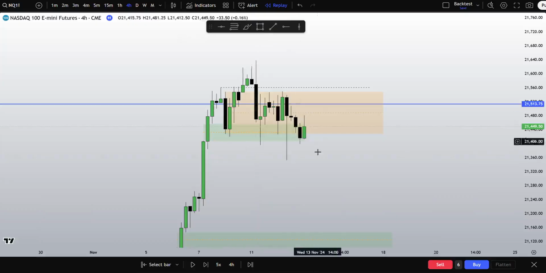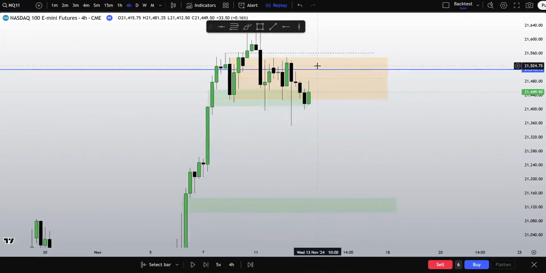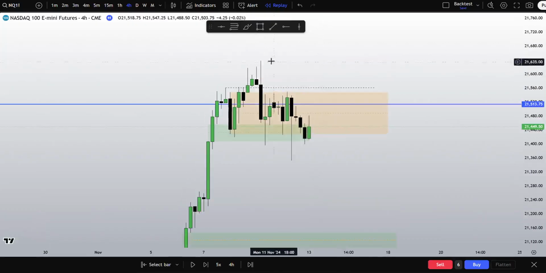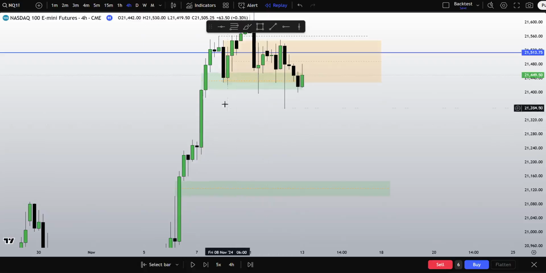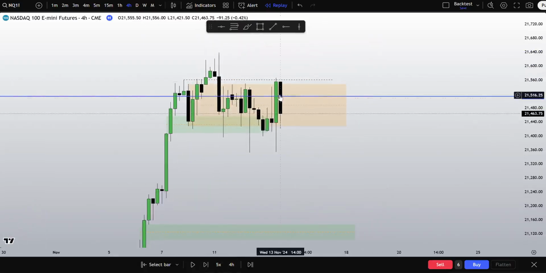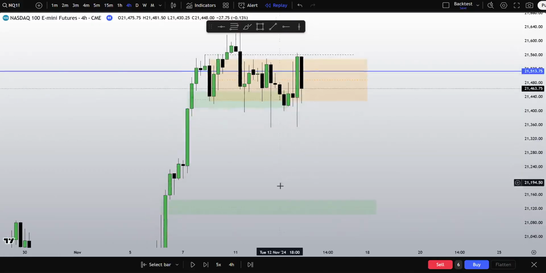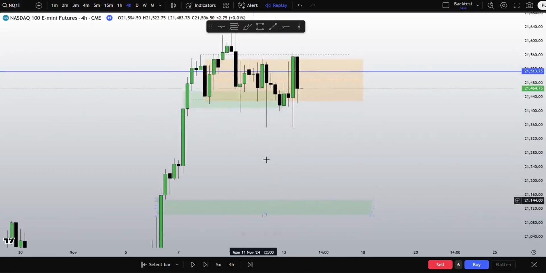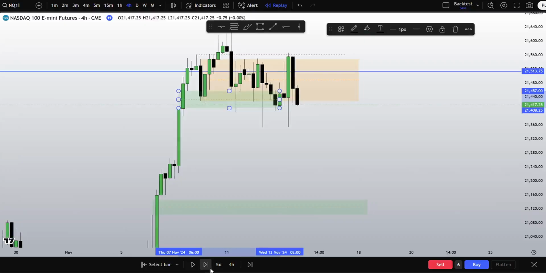I want to see us, we may even dig into it, that's okay. But I don't want to see this high get taken before we potentially head lower to this imbalance. So, we may have disrespected it, that's okay, because we haven't gone to this high yet. What I would like to see is head lower. If we disrespect this PD array, bullish for value gap. That's exactly what we get.